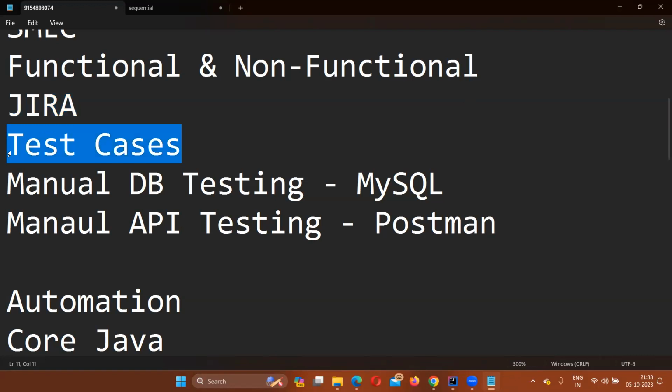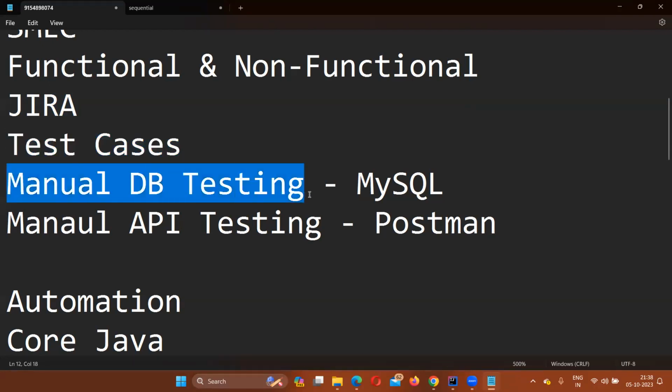Next, you are going to learn manual database testing. So for this, database knowledge is mandatory. But again, I am going to explain database using MySQL from the beginning. You need not worry about it. Even if you don't have database knowledge, MySQL knowledge, that's all right. I'll help you with the software installation also. Whatever software you need to install on your laptops or desktops, I'll tell you, I'll give you the links. You can download from there. Okay. I'll give you all the details that are required.